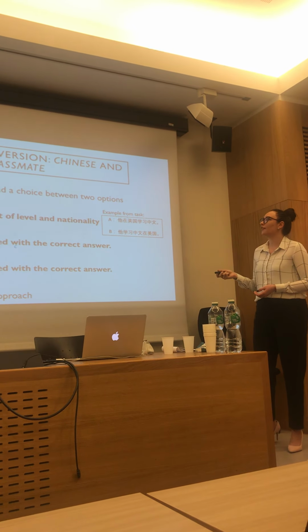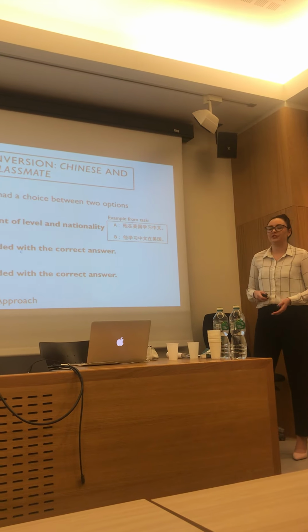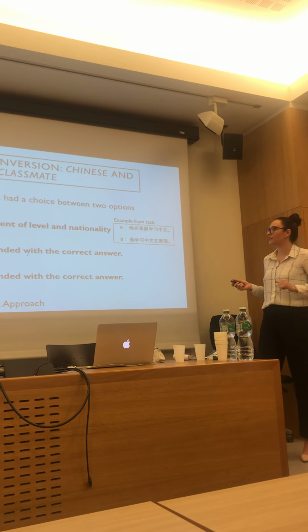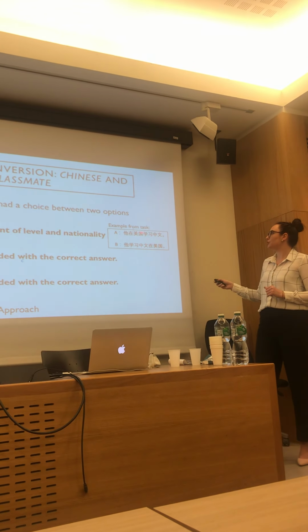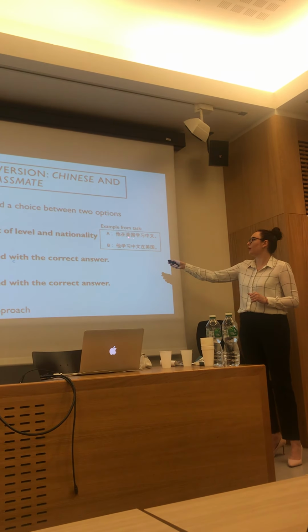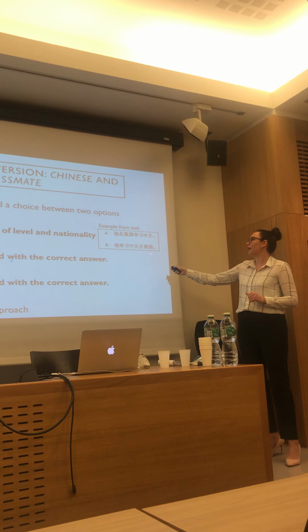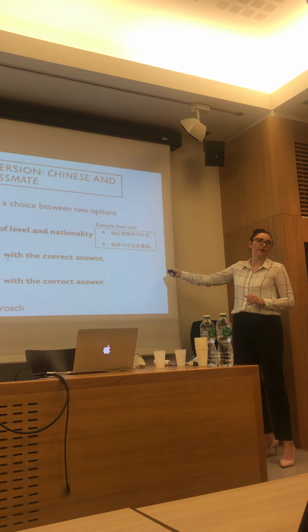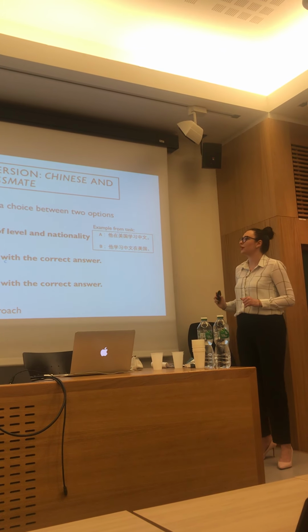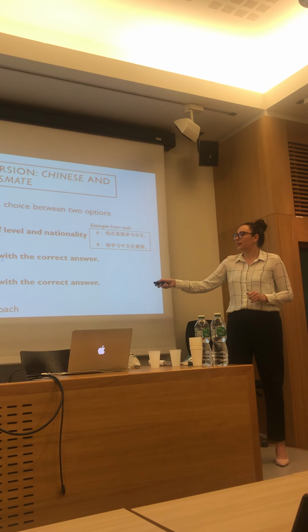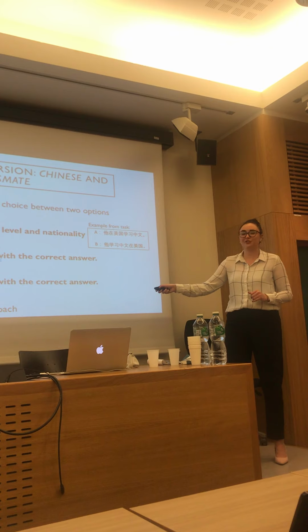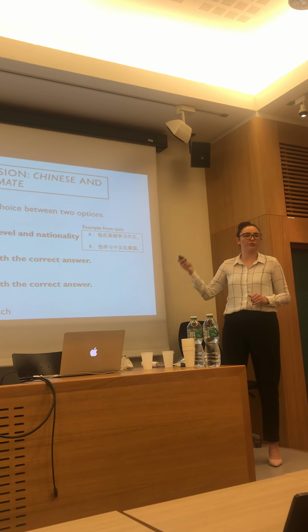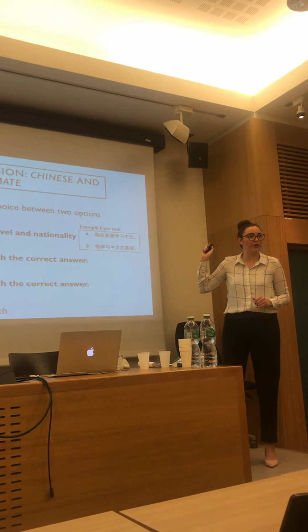So for the PP locative inversion, this is the "in a cafe" at the end of the sentence versus at the beginning of the sentence. They had a choice between two options. Here, this part says "in America," and this is at the end. In Chinese, this was the correct choice because we can't put "in America" at the end of the sentence in Chinese. You can see that most of the students got this correct, and it was independent of level and nationality. It didn't matter if they were Australian or American, intermediate or advanced.